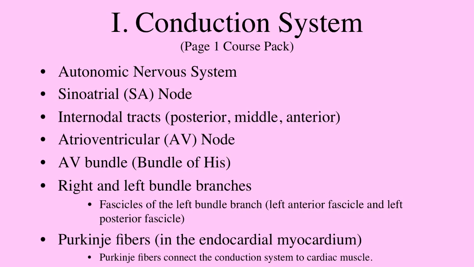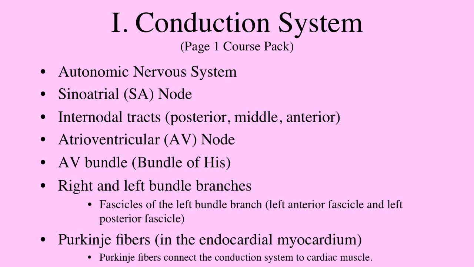the information travels through the internodal tracts. You can see those shown on that page, down to the AV node, atrioventricular node, and then into the AV bundle, also called the bundle of His. This bifurcates into the right and left bundle branches, and the left bundle branch has fascicles that are called the left anterior fascicle and left posterior fascicle, and all of this information then traveling through there,